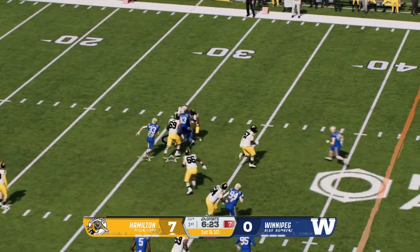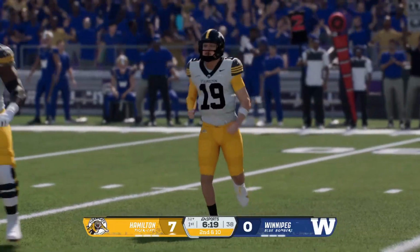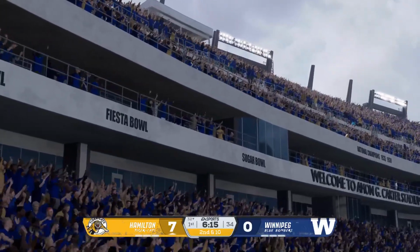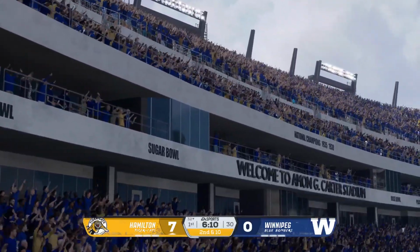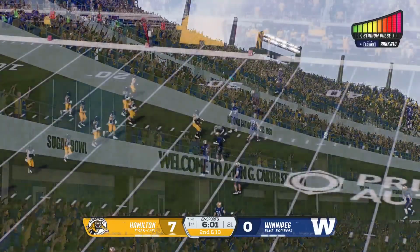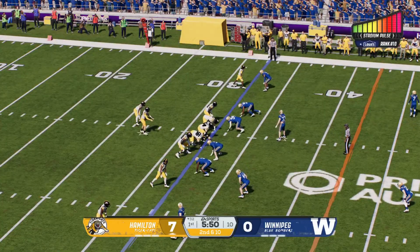Leaves it with the running back. And the defense holds firm. No pickup at all on that play. Defense is about firing off, hitting the offensive guys, and staying in your gaps. Everybody knowing where they're supposed to be. You could tell the defense, everyone was right where they're supposed to be, nowhere to run. They got nothing on the last play. It's 2nd and